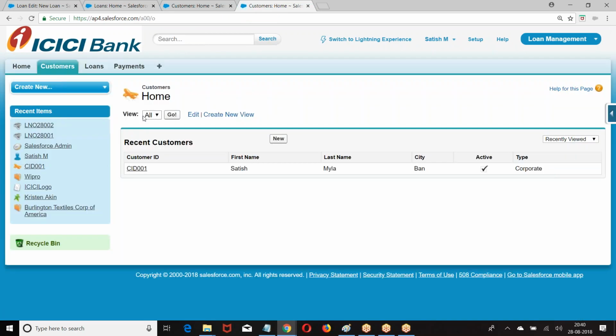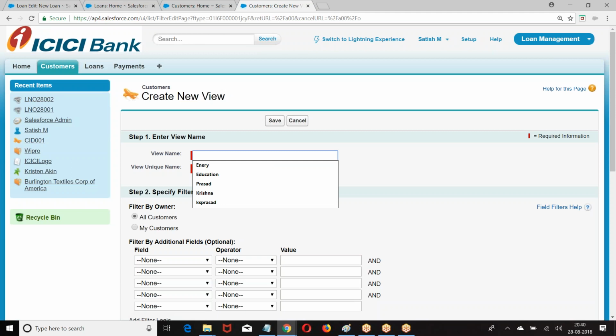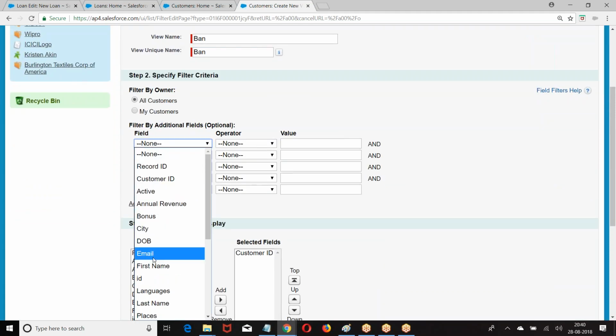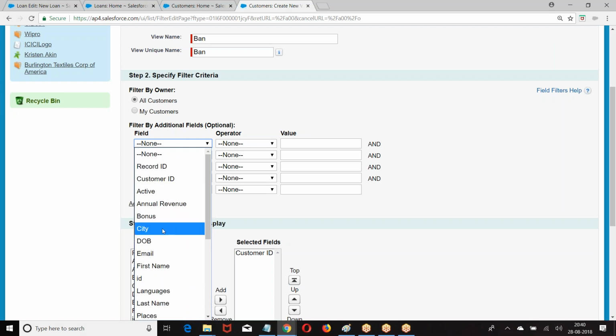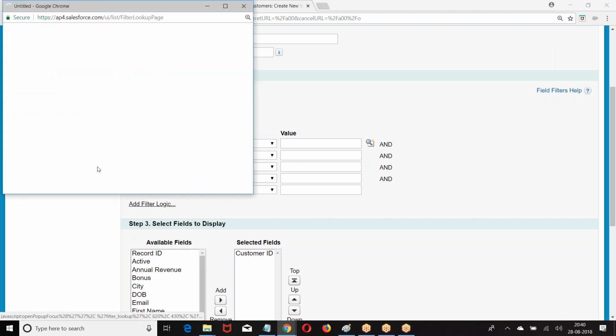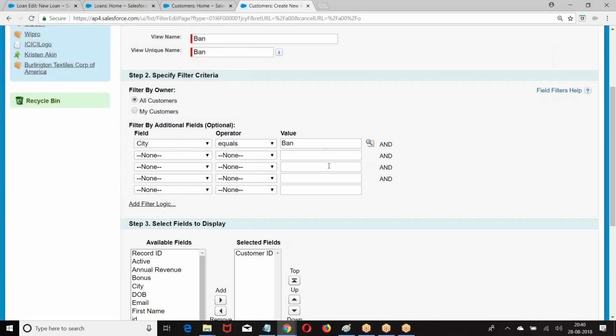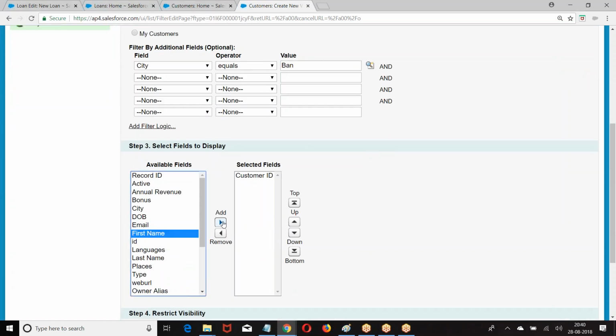For Customer, you have view all. They can create new. If city equal to Bangalore, which fields?